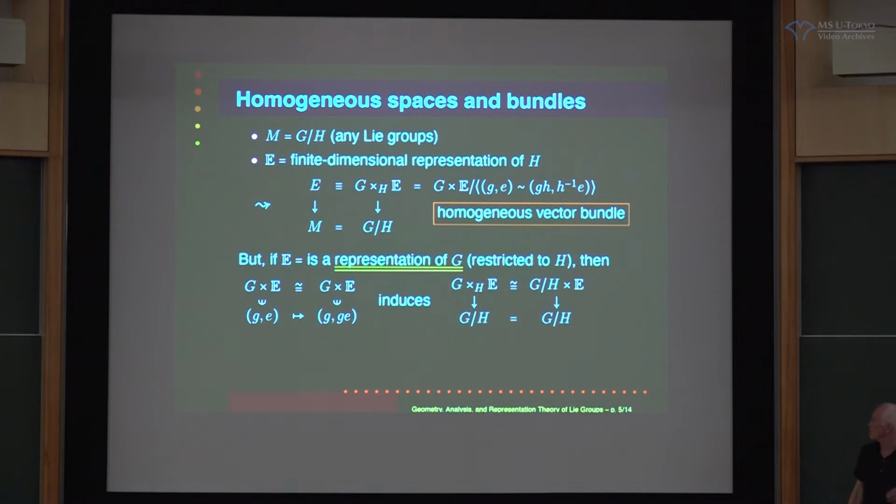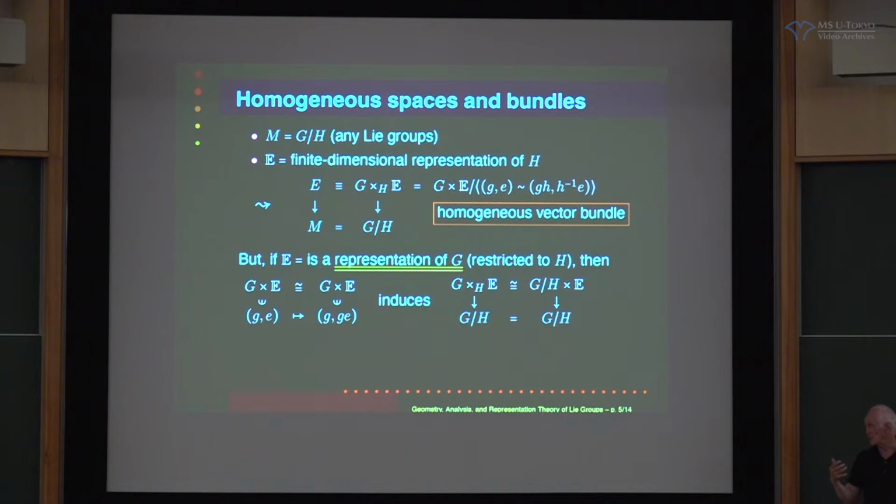And when you do that, you find that this induces, at least as bundles, but not as homogeneous bundles, an isomorphism as smooth vector bundles between this, which is a homogeneous bundle, and simply the product bundle. Okay, now of course this is a little bit cheating. The way that it's really cheating is you've chosen a base point. In order to realize your manifold N as G mod H, you really have a base point in order to do this. So you want to sort of free that up from this choice of base point.